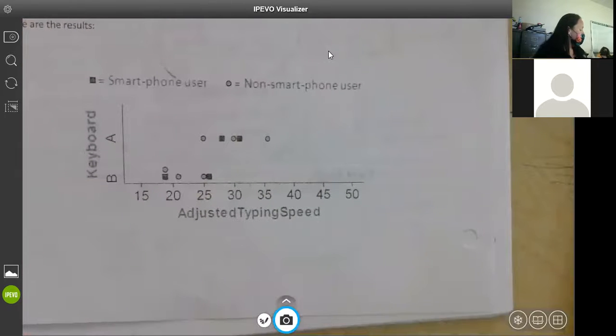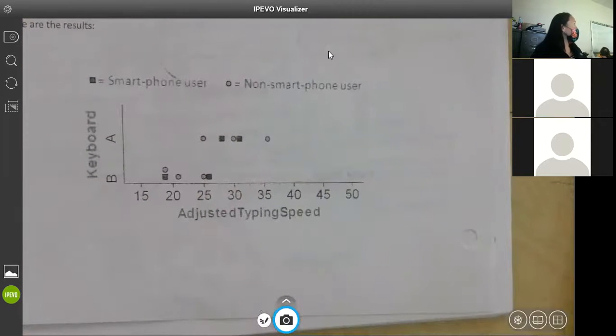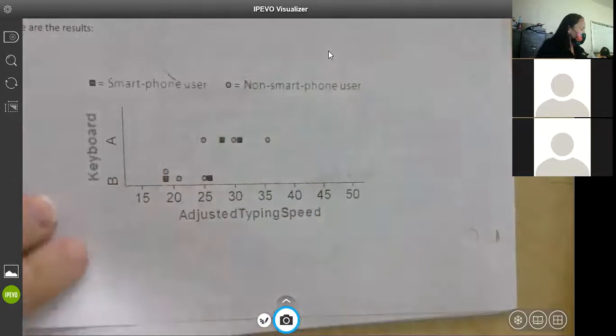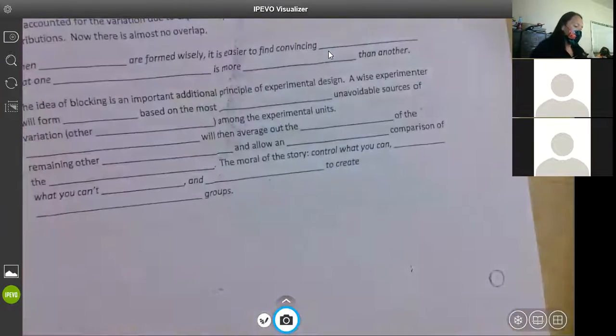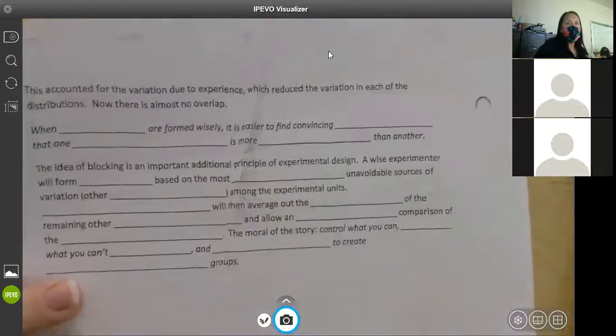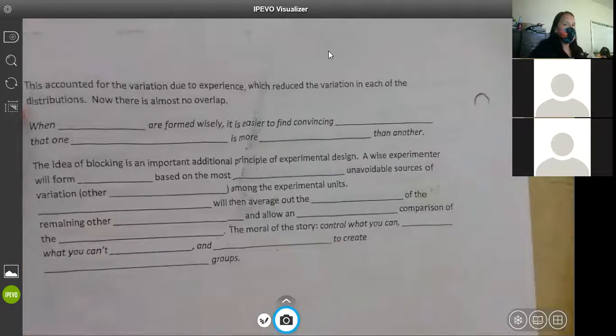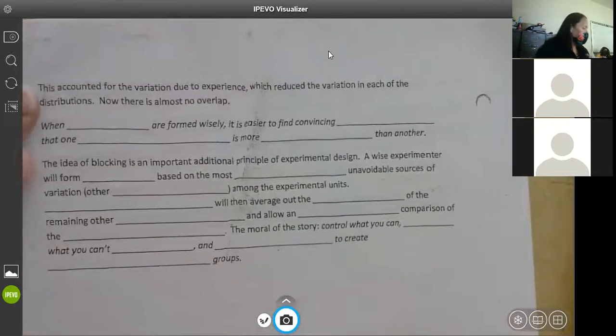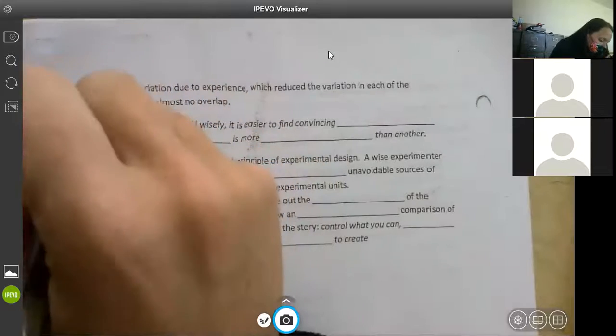They started to creep closer. Yeah, they're pretty much the same as the other ones, right? So we accounted for that variation and they start being really close to each other. This accounted for the variation due to experience, which reduced the variation in each of the distributions. Now there is almost no overlap. When blocks are formed wisely,